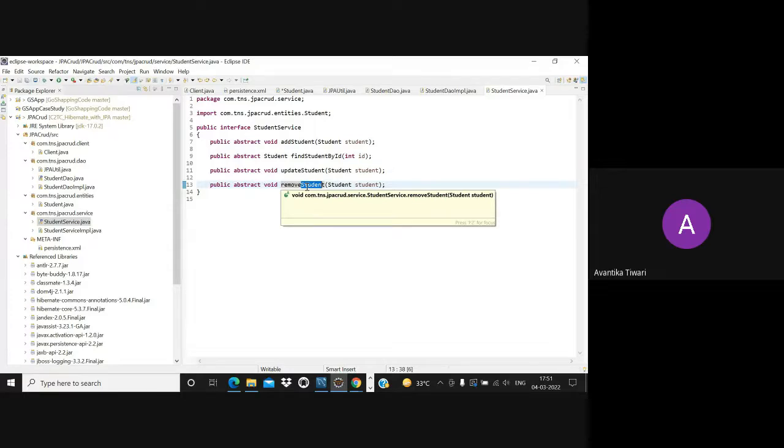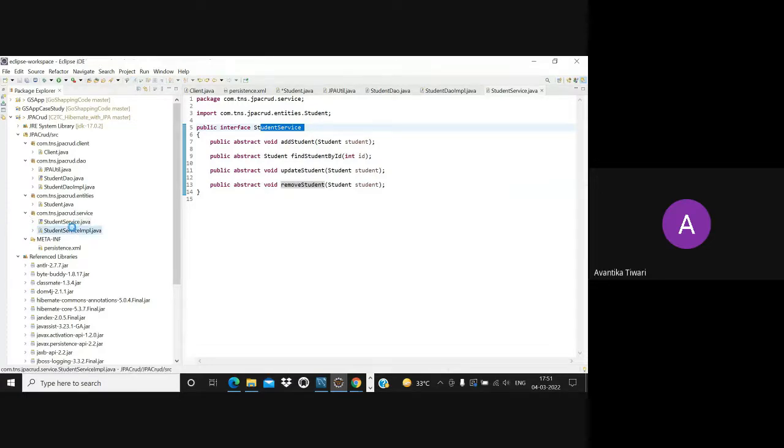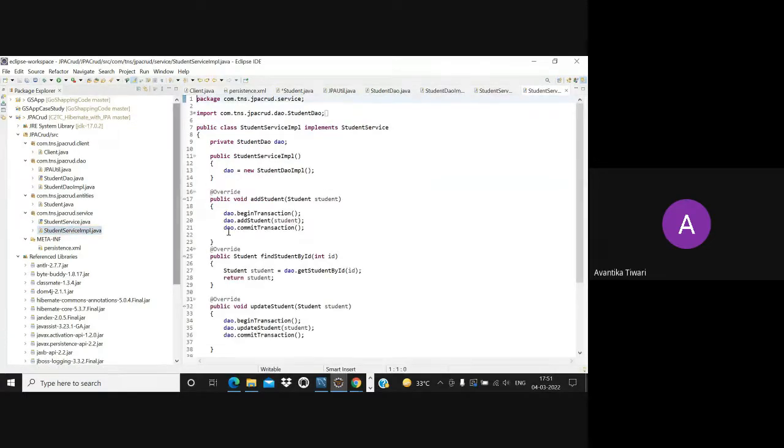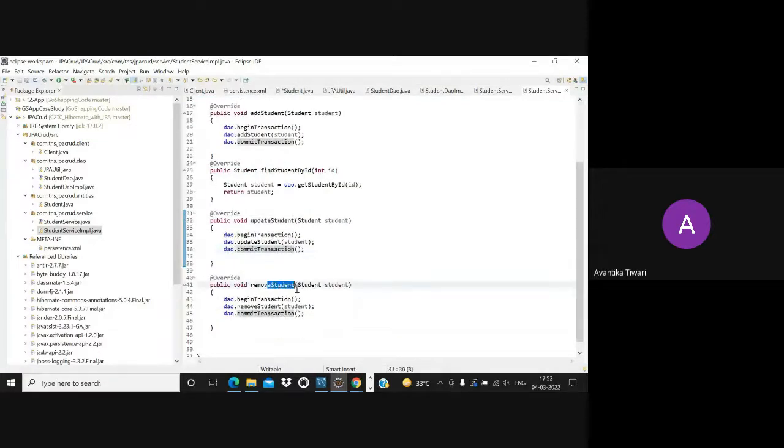That's why we are using different terminology here. And if any interface exists, there will be a class which is implementing that interface. So here we have the class, student service implementation. Now this class will be implementing all the methods: add student, find student, update student, and remove student.